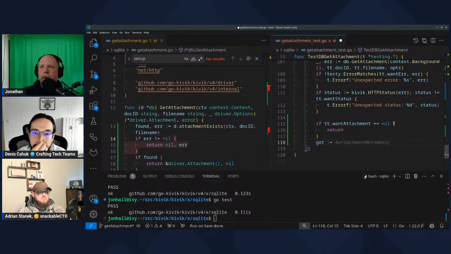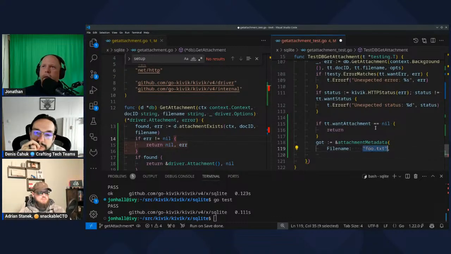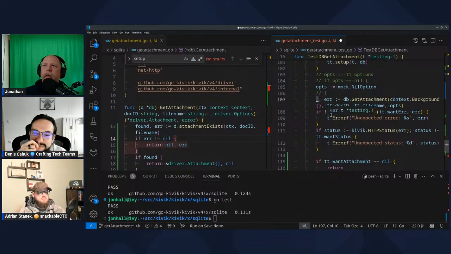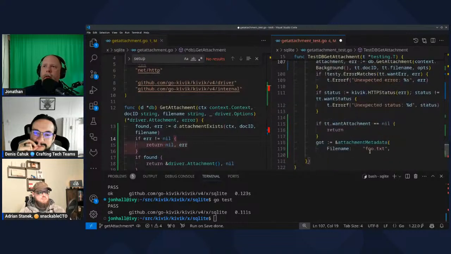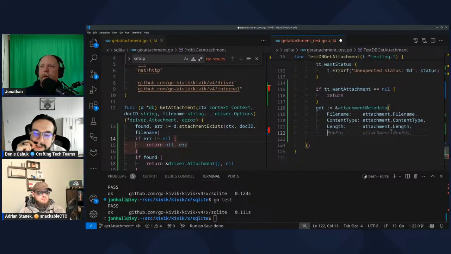Like this. Got equals attachment metadata. No, you can't fill it in like that, silly. Maybe this will make it smarter. Yeah, there we go. Content type, length, rev.